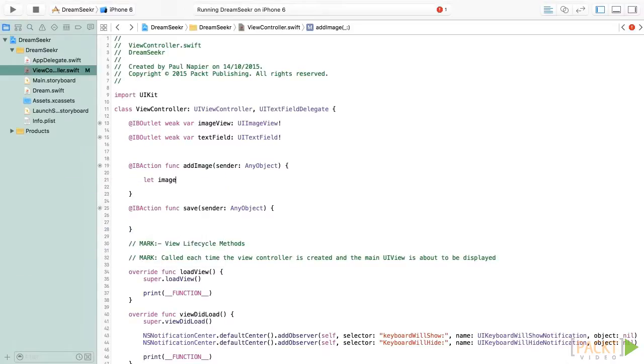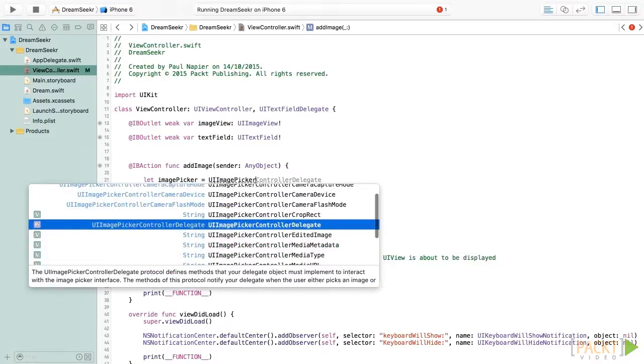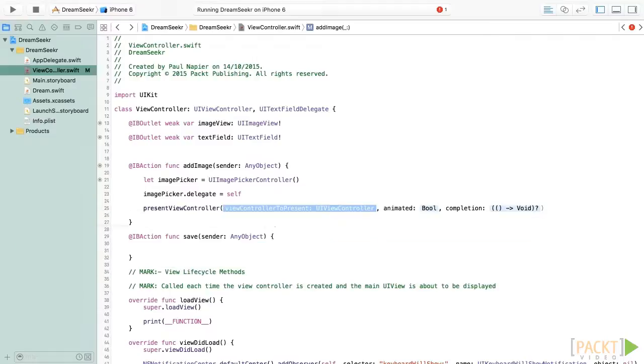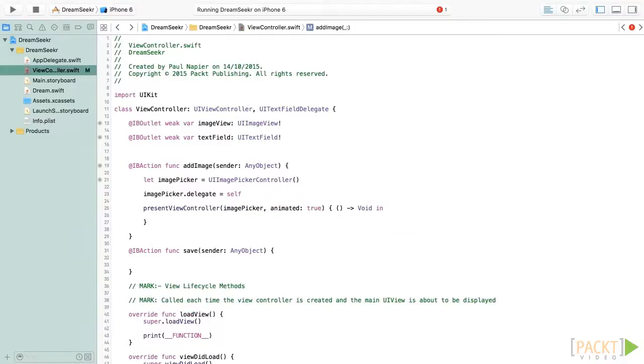What I'm going to do is create an image picker using UIImagePickerController. I'm then going to set the image picker delegate as my object. And then I'm going to present it. You'll notice that there is an error next to the imagePicker.delegate. This is because, like the UITextField, the controller needs to conform to a delegate protocol. In this case, it's the